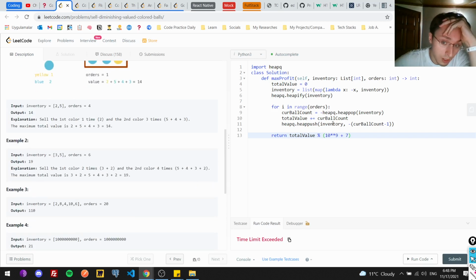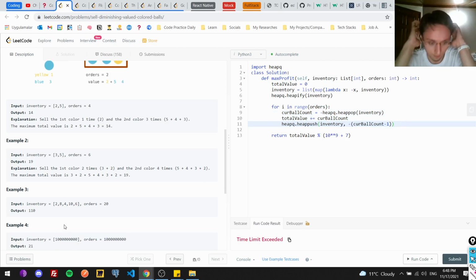So what's my complexity here? N log n, right? And then this is n, this is n log n. I mean, n log n should work, but when we have something like this, I guess